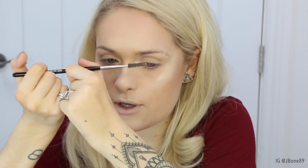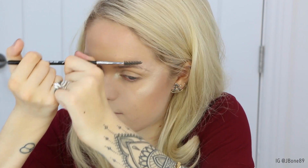Now onto my brows, because I feel so weird about my eyebrows not done, like really weird. First of all, I'm just going to comb through them with a spoolie. Just put them in all the right direction before I put the next product on, because otherwise it would just not be very helpful for me. It's like a guide really, because my eyebrows I think are quite sparse, so I kind of go in the shape that they are, but add